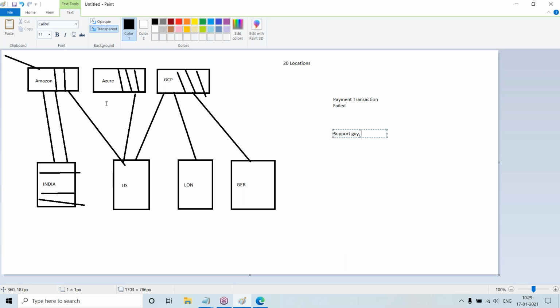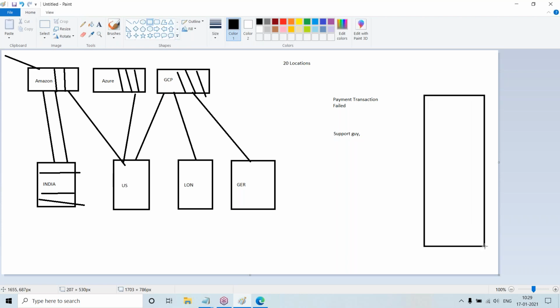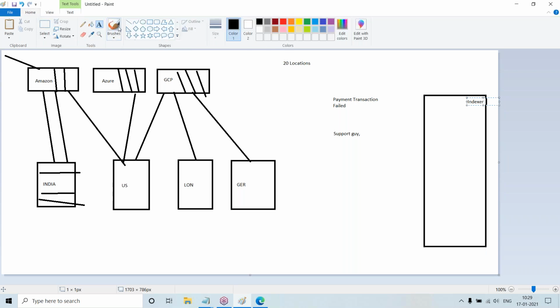So that's why we have a solution where everything ships all the data to Splunk. There is something like a Splunk indexer over here, and it will ship all the logs.